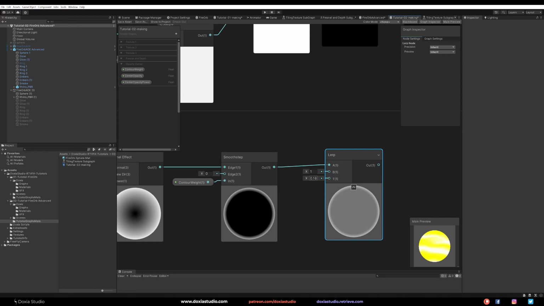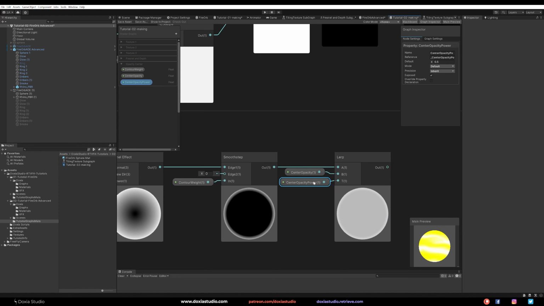Called A, B, and time. And you use this in the script. So if the center opacity is full, you can see that we are not doing any opacity. So let's go with center opacity here on B and center opacity like this.